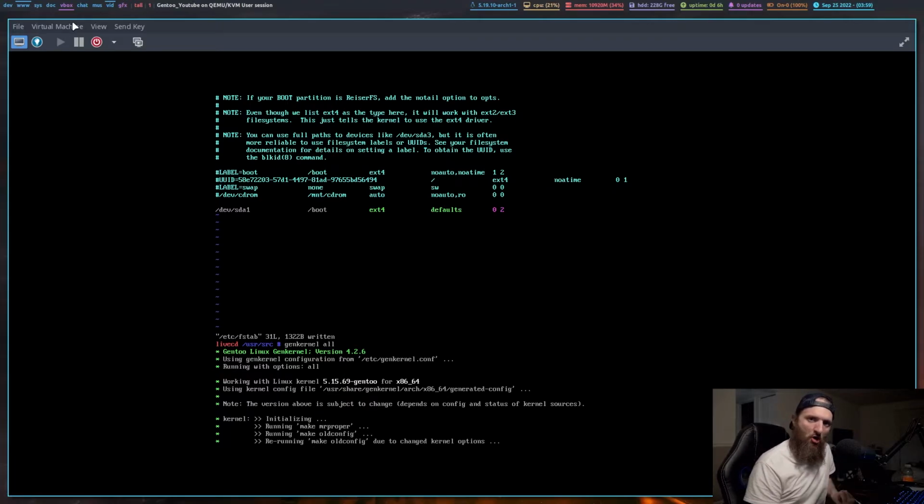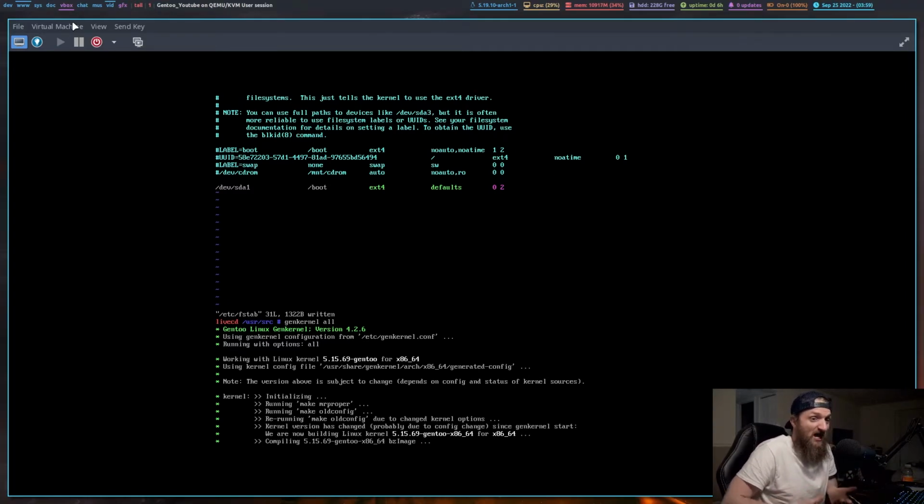Depending on your hardware or whatever you're using, this could take anywhere from half an hour to an hour to a couple hours. But this is the longest part about installing Gentoo Linux right here, which is compiling the kernel. And that's one reason why I said to use a binary kernel, just so you're not wasting